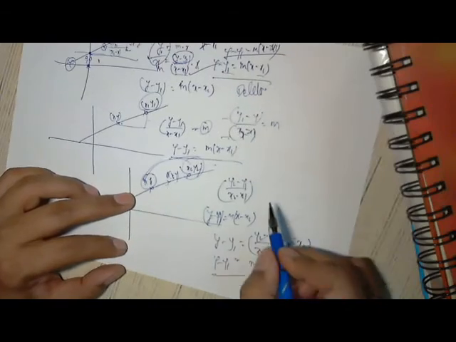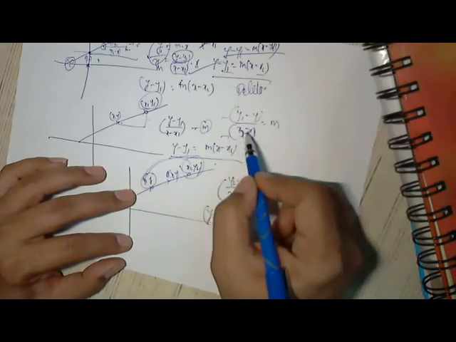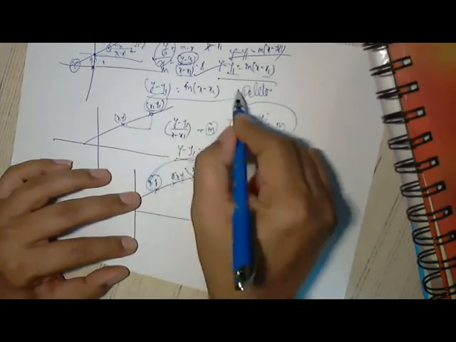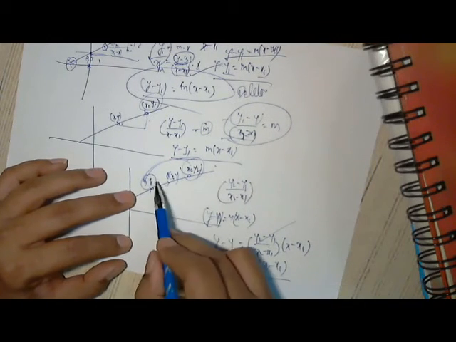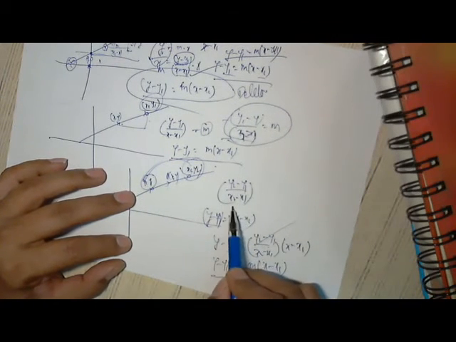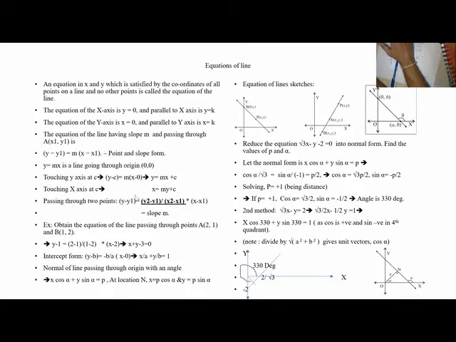So again, my equation is the same as earlier. y minus y1 is equal to m into x minus x1. So in place of m, it is y2 minus y1 by x2 minus x1. So y minus y1 is equal to m into x minus x1, same as this. So in place of m, I am using these 2 points. So this is the 2-point formula for a straight line.